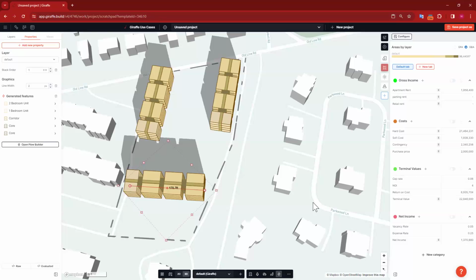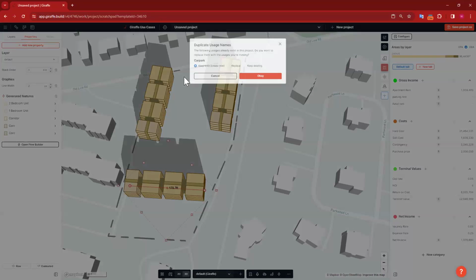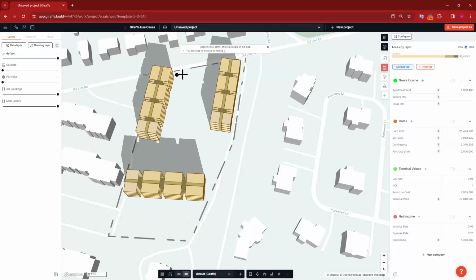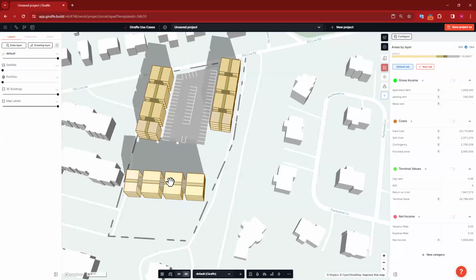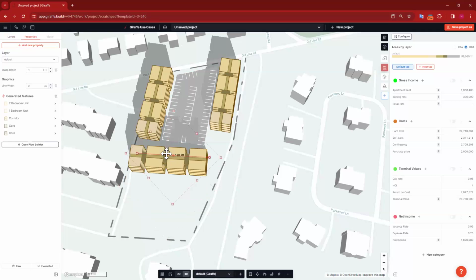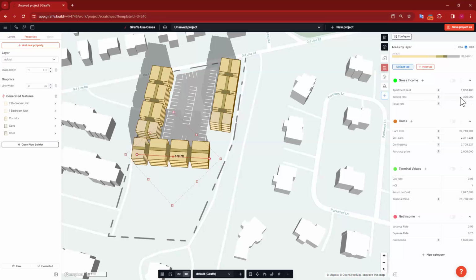And then I'm going to add some parking spaces, so that I can get some parking counts going, get these people some parking, and also maybe get some rent income from those parking spaces, as we talked about before. And as I'm building this, I am seeing all of these numbers populate, and I'm getting to my terminal values like we talked about before,